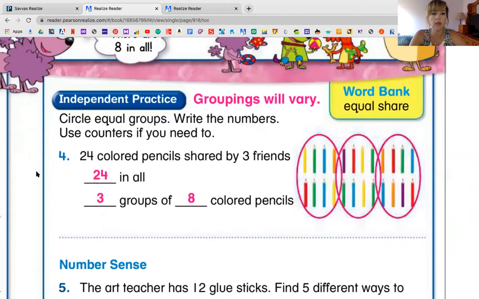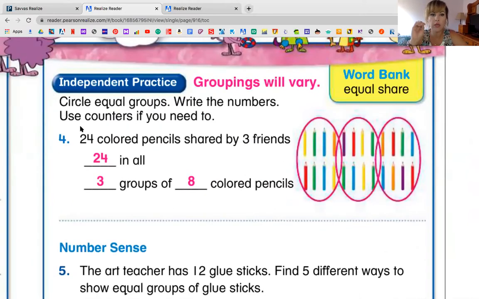So let's go ahead and look at question number 4. It says circle each group, write the numbers, and then use the counters. So the first thing you need to do is figure out how many there are, okay? There's 24 colored pencils shared by 3 friends. So if I counted all these, I would count that there's 24 of them, and then I want to share